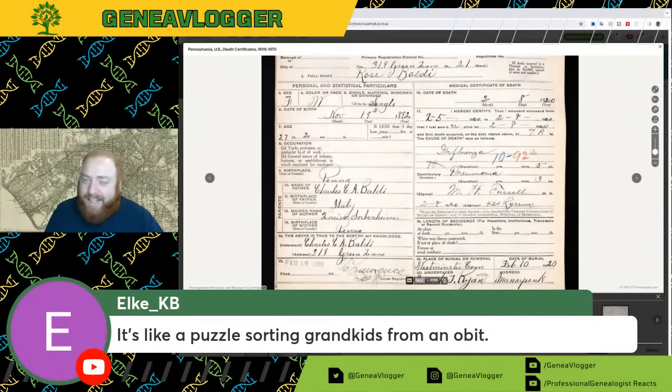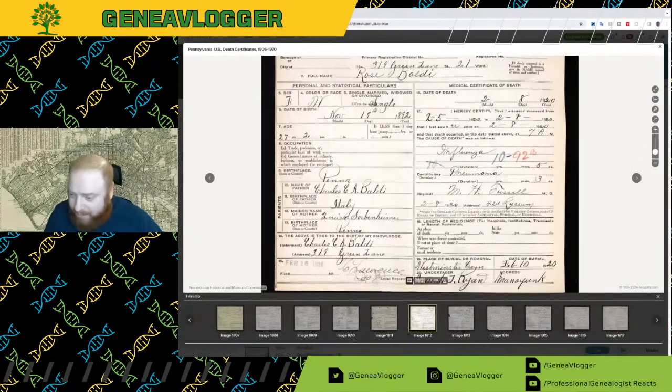Sometimes you can tell because it goes in the same order that the children are listed. So the children will be listed, and then it'd be like, and survived by the grandchildren, such and such. And then obviously with married names for the daughters, or if any of the sons change their names, that makes it easier to correlate. Okay, let's see.